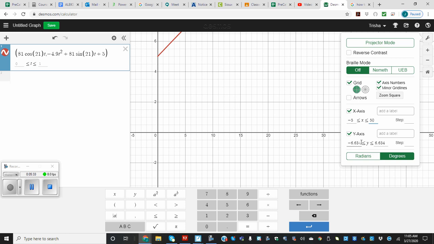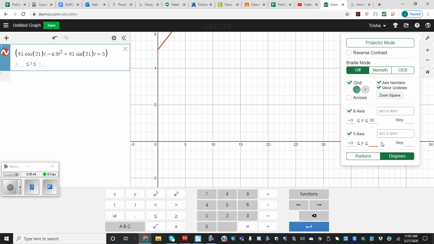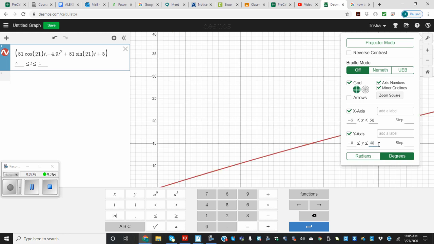The y-axis, we're going to go from -5, and this would be the height, so we're wondering how high that arrow's going to be. I don't know, 40, 50, we'll try something. 40. Okay, so there's that. So I see part of my graph here, but now what I need to do is go back,